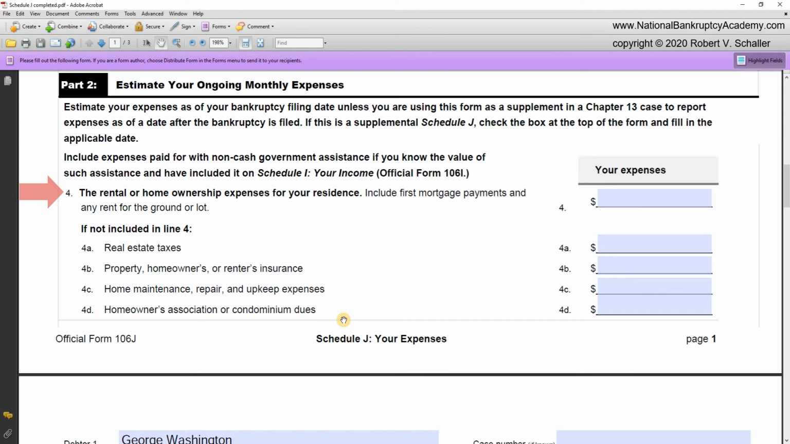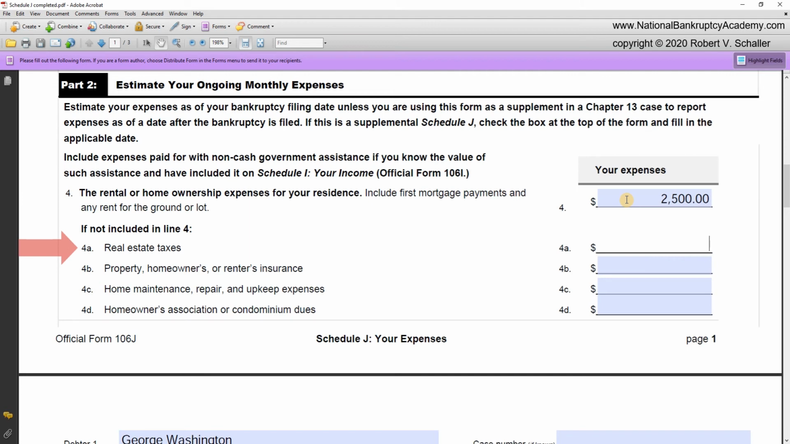Line 4. Line 4 directs the debtor to identify the rental or homeowner expense for your residence. Include first mortgage payments and any rent for the ground or lot. So in George and Martha Washington's case, they spend $2,500 on their first mortgage, $2,500. And then